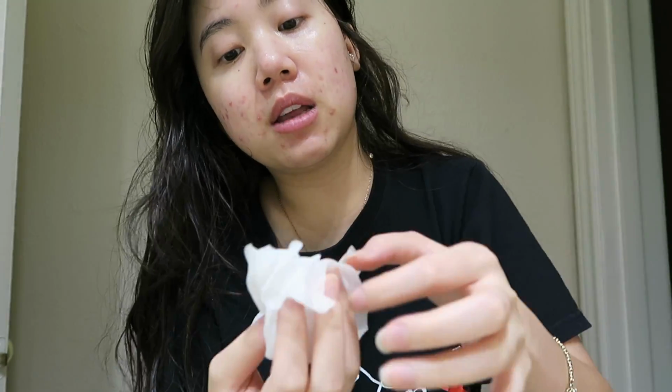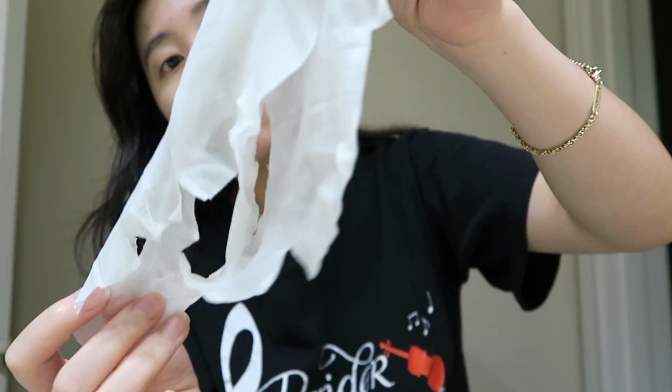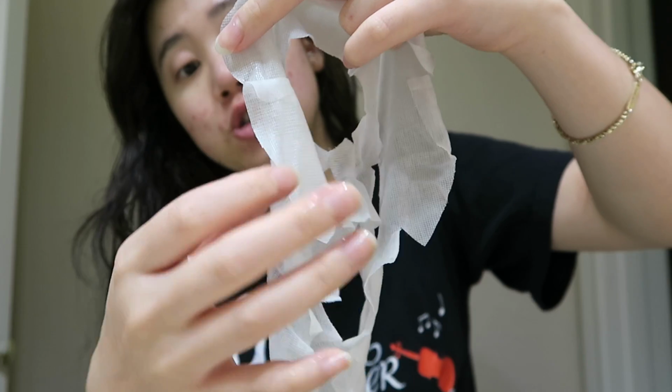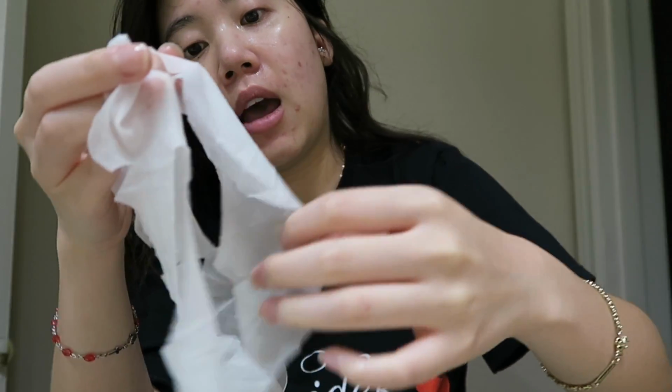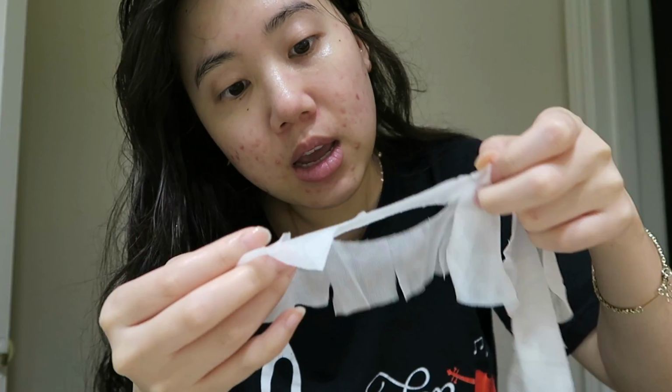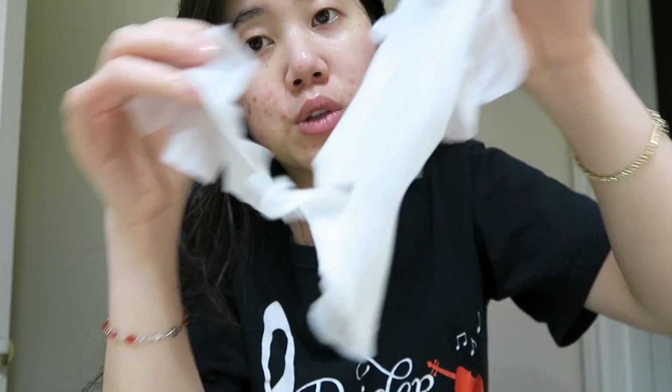Because it's a thin gauze kind of mask, the mask still has a lot of serum on it. It didn't dry out in any parts of the mask, and it doesn't feel irritating. It didn't feel heavy. It was very light. It stuck on pretty well. It was pretty nice, honestly. The only concern I have with the mask so far is that it's a little hard to separate the two